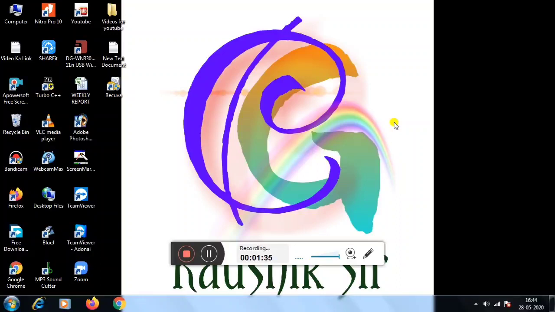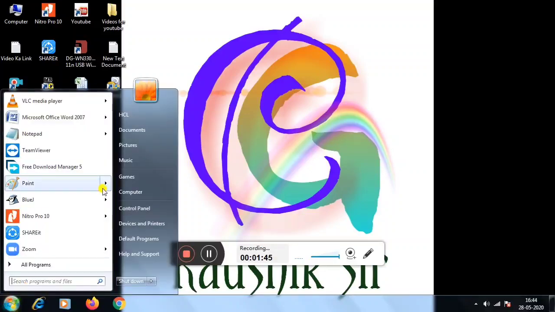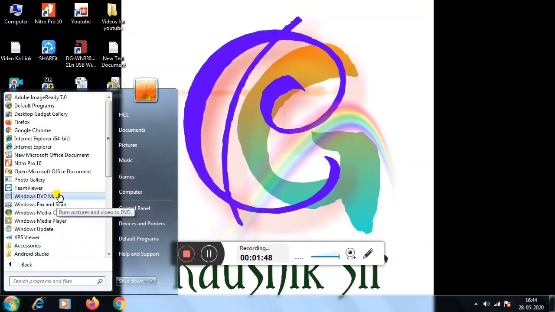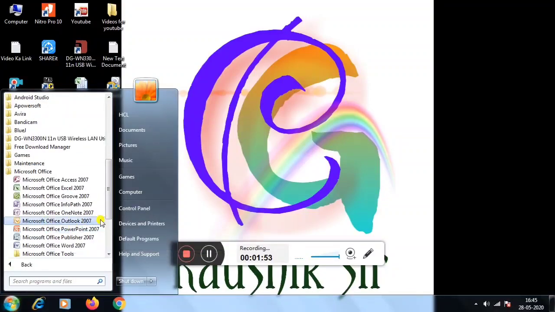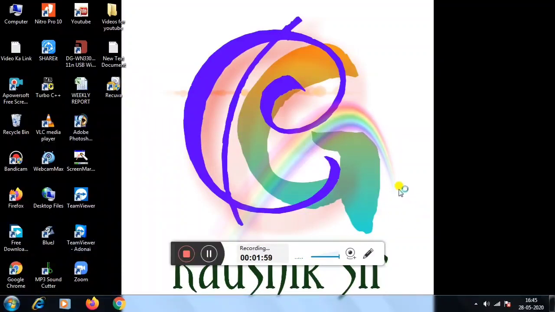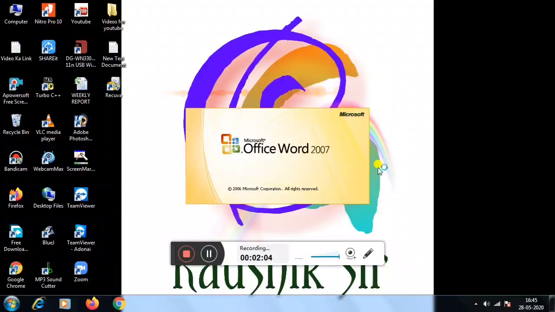For that, go to MS Word. To open MS Word, go to Start, then click on All Programs, then from there select Microsoft Office, then Microsoft Office Word 2007. You click on that. If anyone has any other version, accordingly you open that.